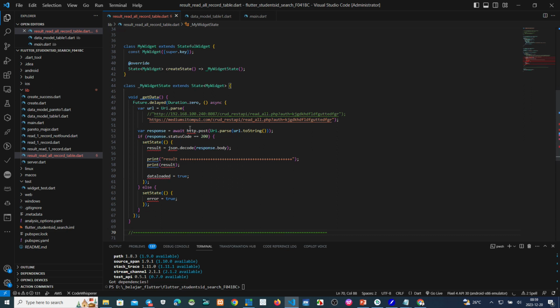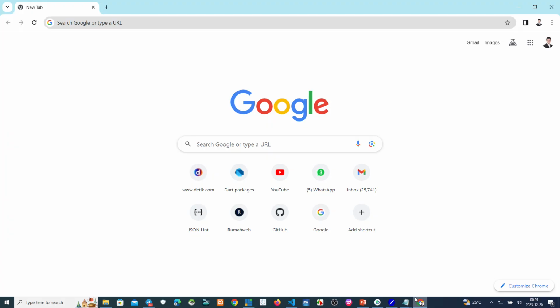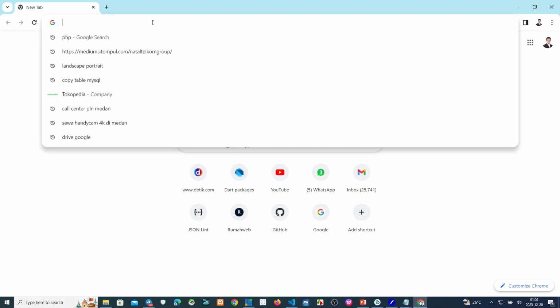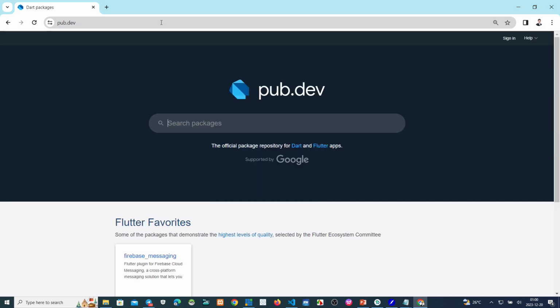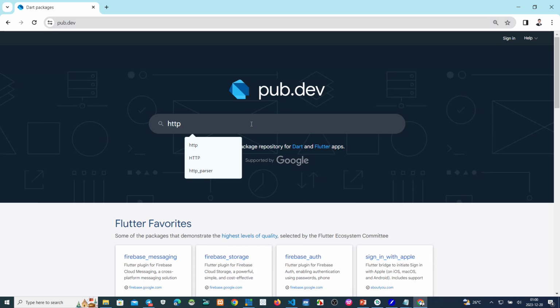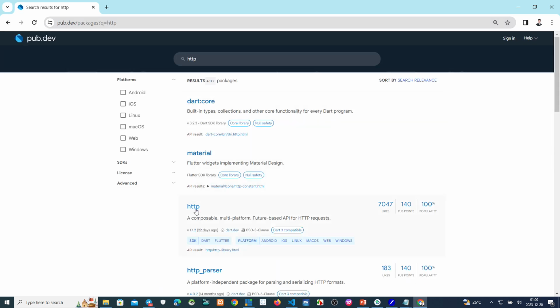Because we use the HTTP package from Flutter, we must import this package. Make this one, pub.dev. HTTP.